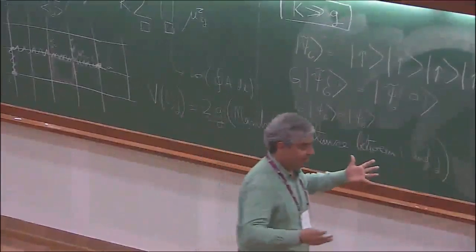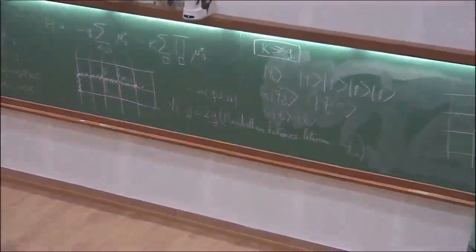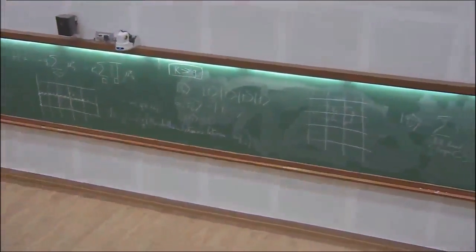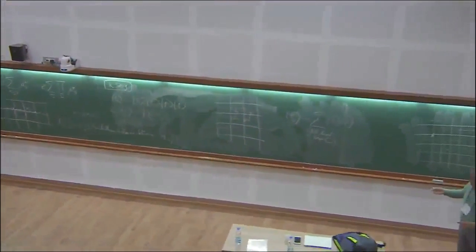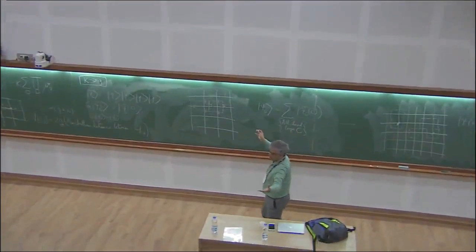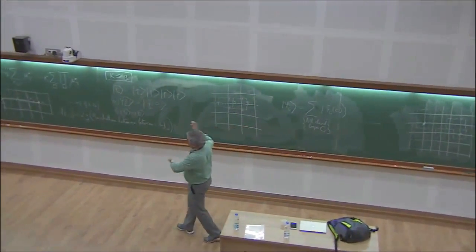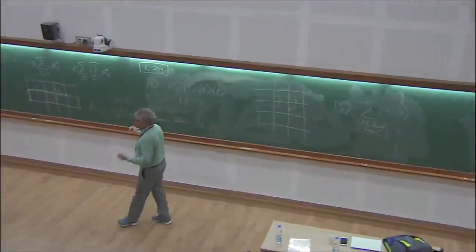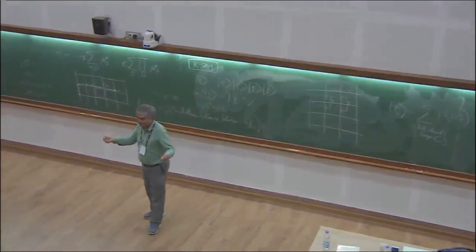Okay. So now you've seen that there are 2 phases. Well, at least for K much bigger than J, we have deconfinement. The charges can move freely and it costs no energy at all. For G much bigger than K, we have confinement. The charges don't want to move. They get trapped.